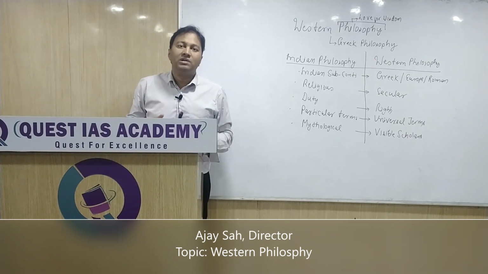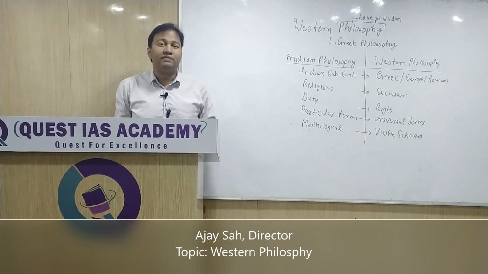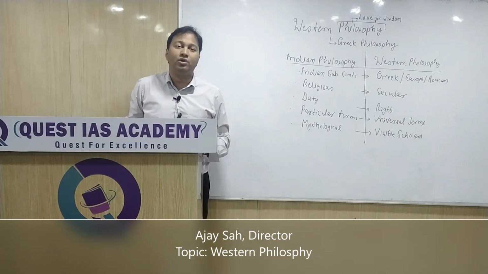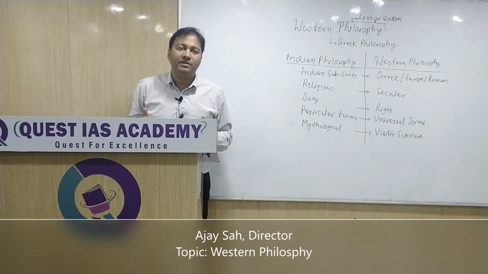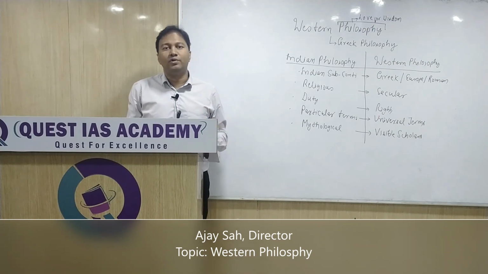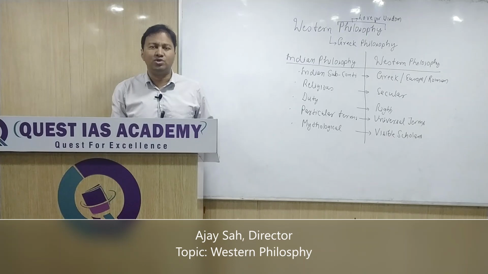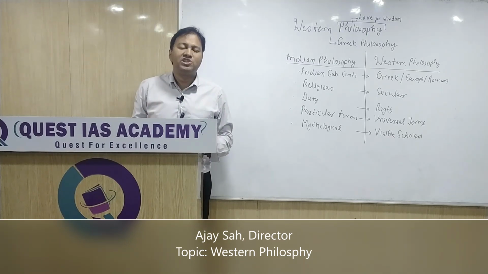And then one of the major differences is that in Indian philosophy, the source of that knowledge is from some mythological character. For example, if we discuss the theory of karma, then we will find that somehow it is related with some mythological character. But when we see the Western philosophy, then the sources are visible to us. For example, Socrates, Plato, John Rawls, they all are visible characters. So these are the basic differences between Western philosophy and Indian philosophy in very broad terms.